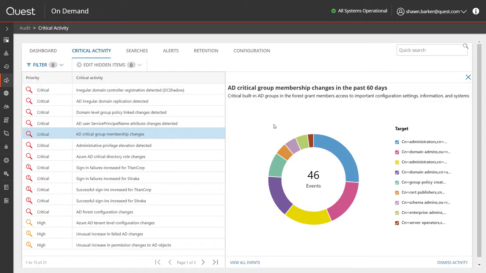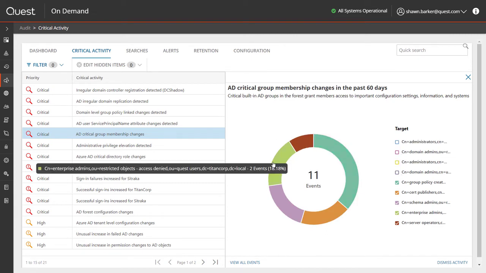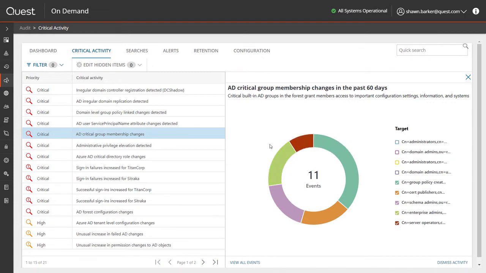So these visualizations allow you to drill down, but they're also interactive. For example, if I have a lot of elements, in this case a lot of critical groups that show up in this graph, I can remove the noisiest ones here, and as I remove certain elements in the graph, it makes the smaller ones more prominent, easier to look into and to drill into deeper.